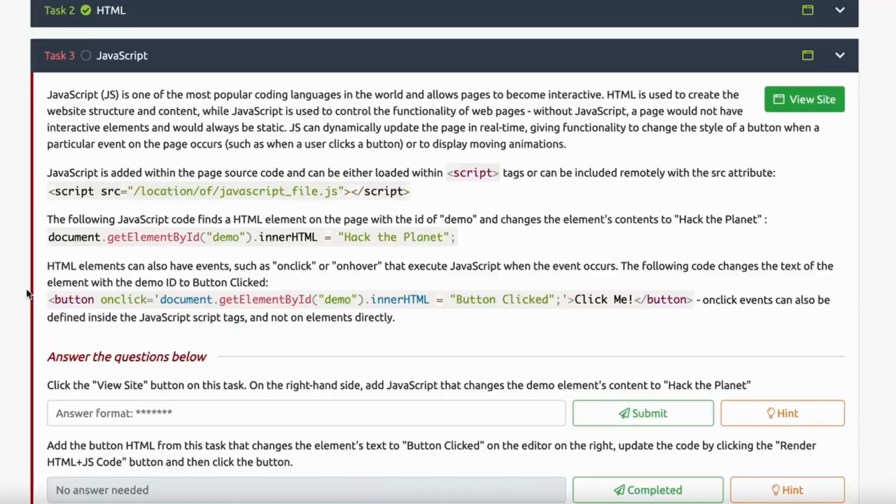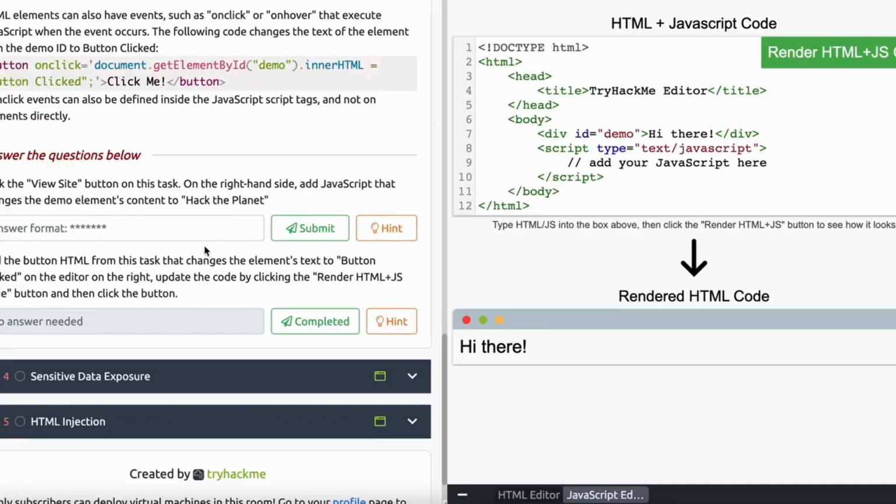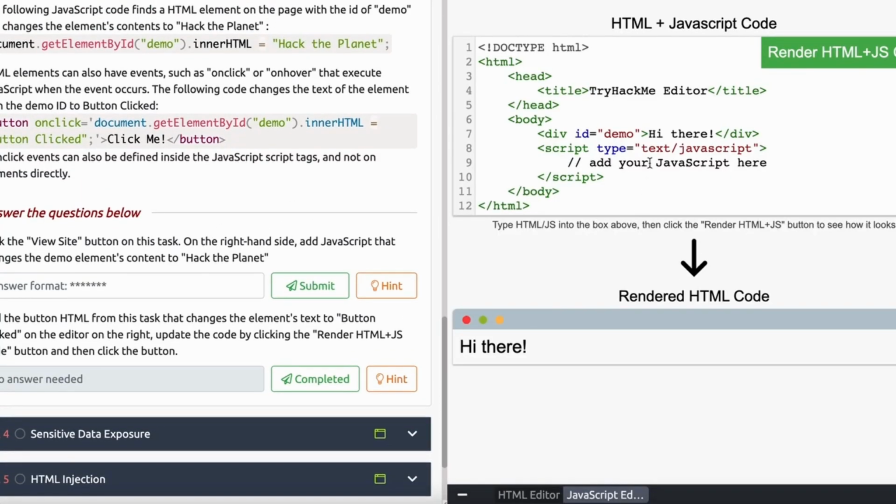Now let's talk about JavaScript. This is one of the most popular coding languages in the world, even though I hate JavaScript. This is basically used to control the functionality of the pages. For instance, if you're familiar with cross-site scripting, that's a type of attack that you can do on web pages. You're basically exploiting a logic flaw in JavaScript that the designers of the web page didn't account for. So like HTML, it is very helpful to be familiar with JavaScript and kind of how to recognize those things, especially whenever you're looking at the page source to see if you can break something.